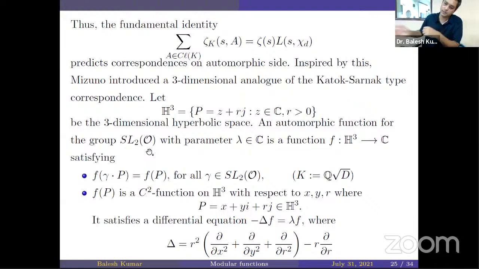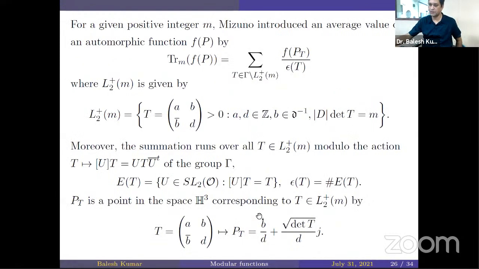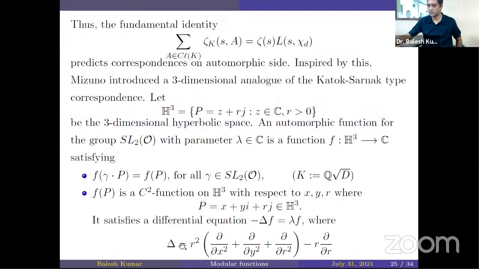Let me just say that SL2(O) acts on this three-dimensional hyperbolic space, and one demands that this function be invariant under the action of SL2(O). This function should be at least twice differentiable with respect to the variables x, y, and r. It should also be an eigenfunction for the Laplacian. In the case of three-dimensional hyperbolic space, the Laplacian is given in terms of this, and this automorphic function should be an eigenfunction for this Laplacian. And then with this definition,